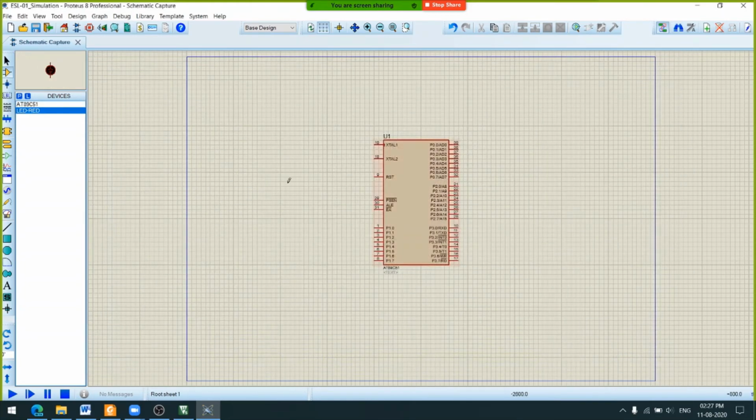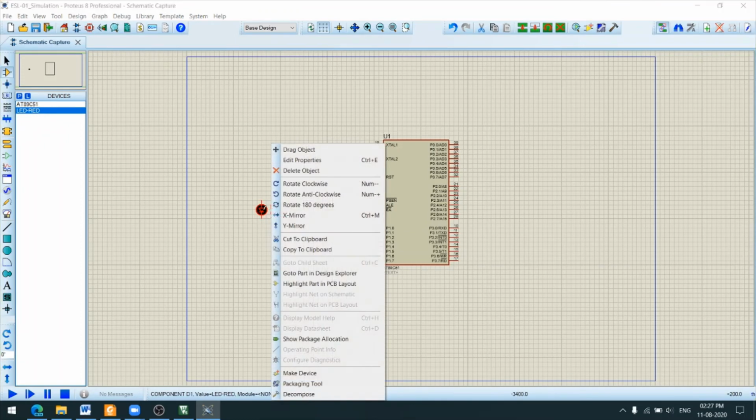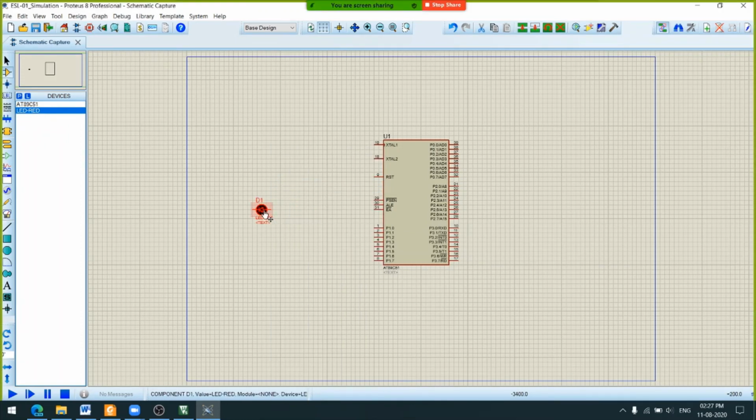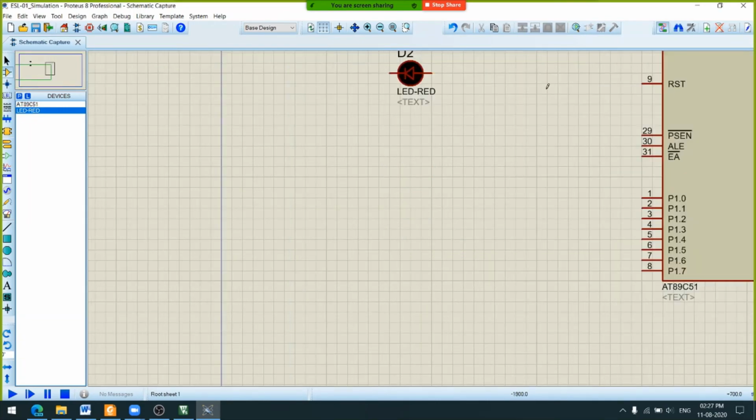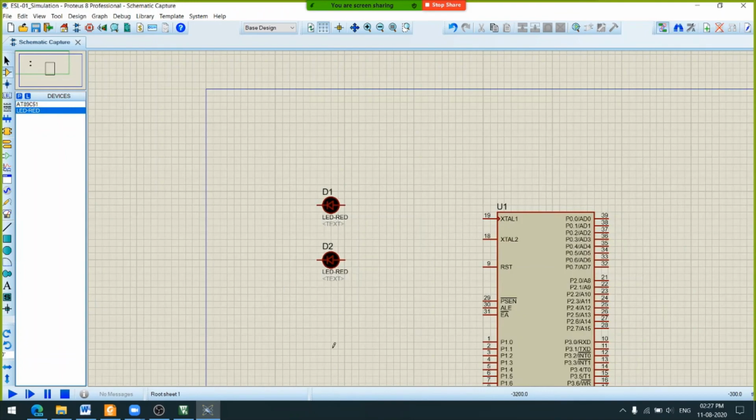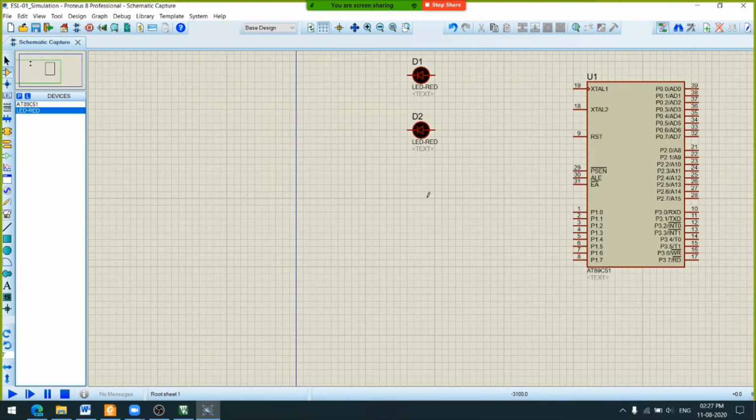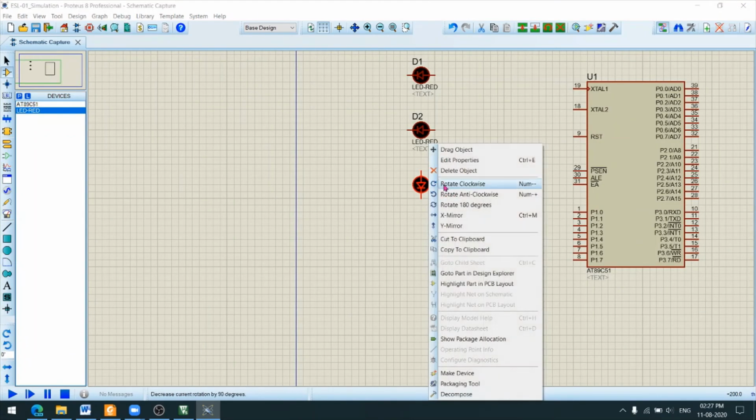Click OK. We're going to interface this with port 1, and the port 1 is on this side, so let's place the LEDs on this side. Right click, rotate clockwise, and keep it here. We want another one.